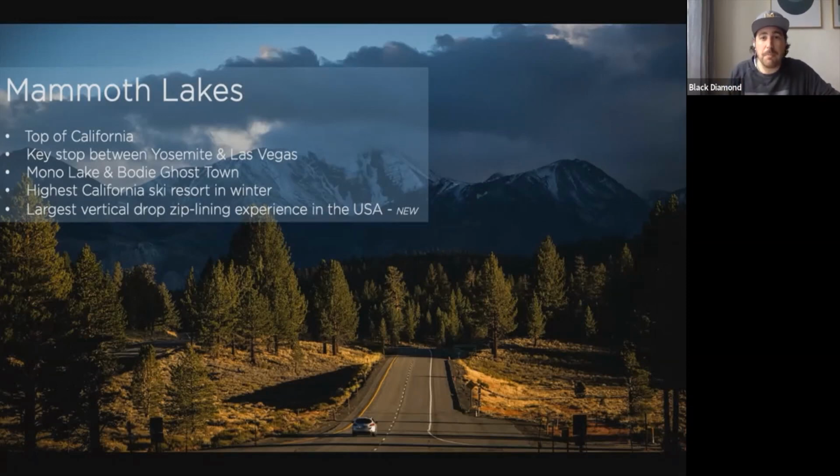But Mammoth is just absolutely beautiful. It sits on the backside of Yosemite. In winter time it's a ski resort, but in summer, when most of the clients are coming through, Mammoth is absolutely amazing. It's called Mammoth Lakes because it's made up of lakes. We call it the Lakes Basin. You can paddleboard on those lakes, and you can swim in those lakes.